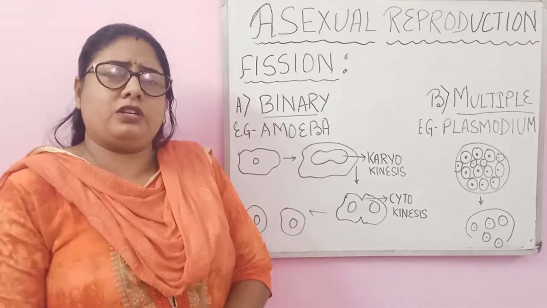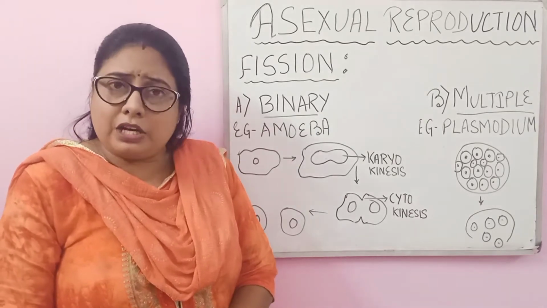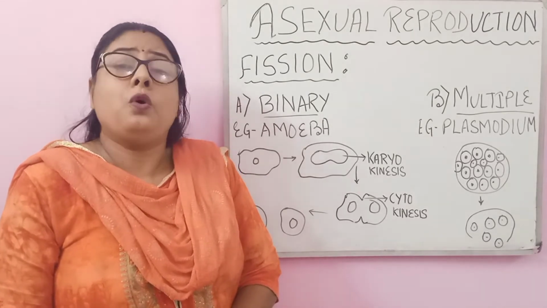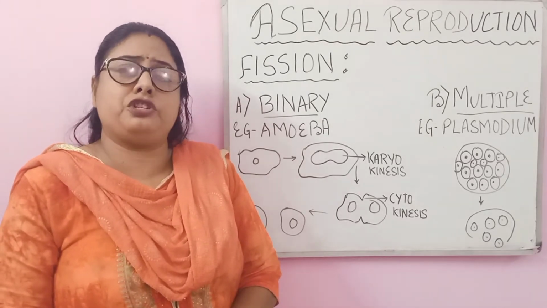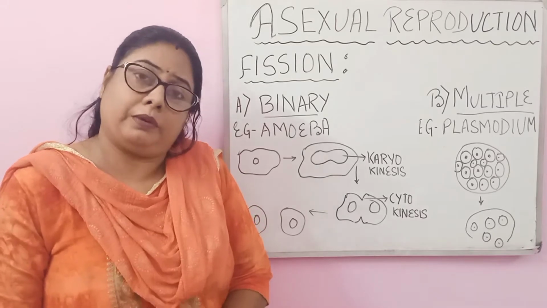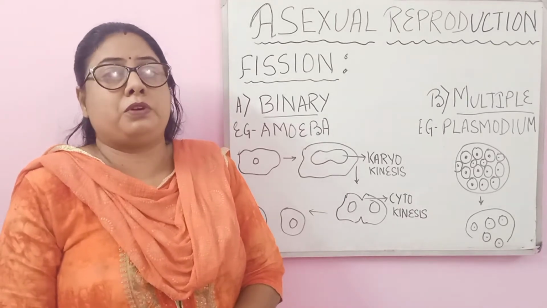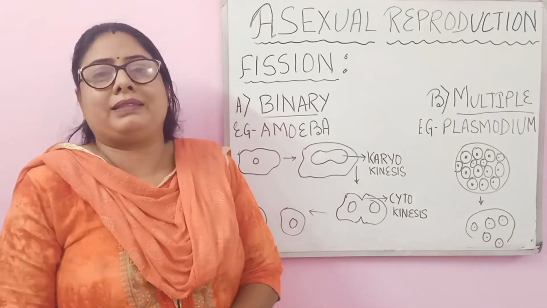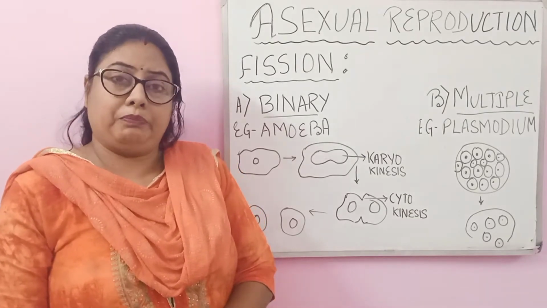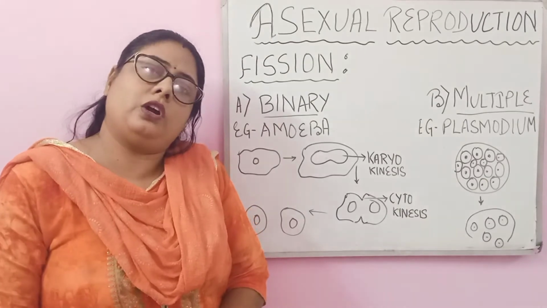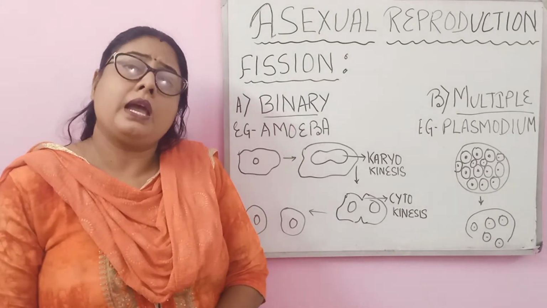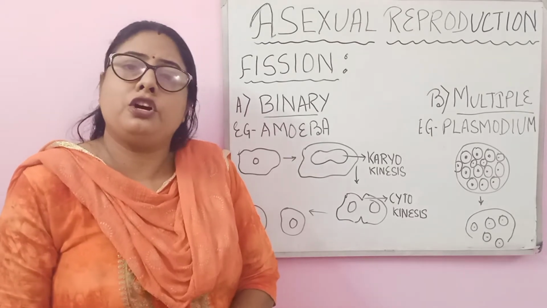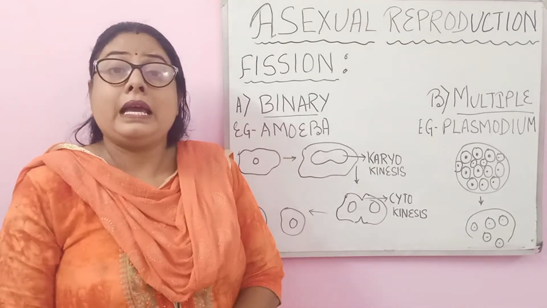To just give a short recap, asexual reproduction is the type of reproduction where one parent is sufficient to produce the offspring. The number of offsprings produced are huge and the method is relatively simple. It is seen in lower organisms. There are many types of asexual reproduction, namely